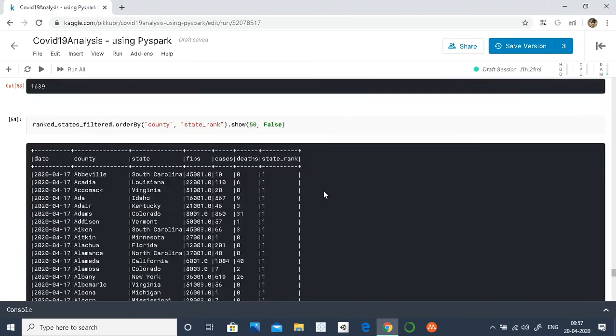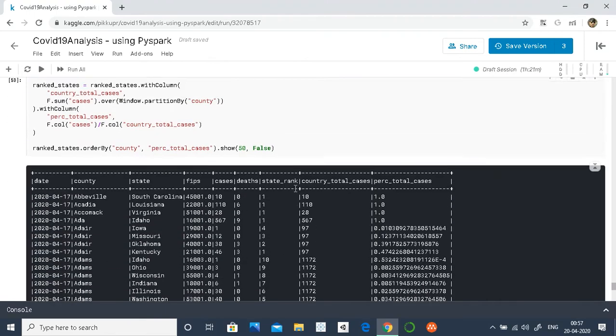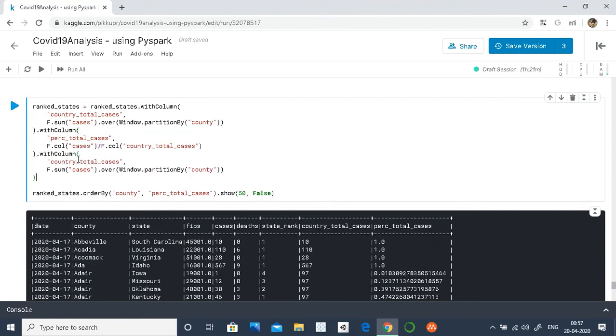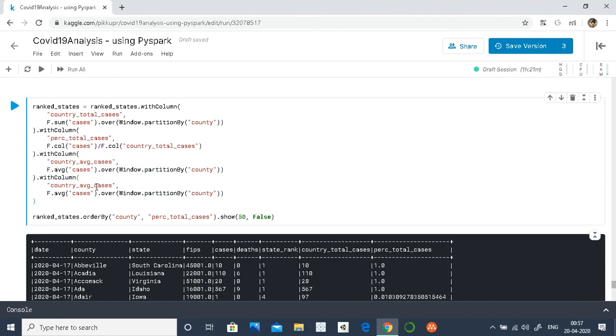Okay, and not just sum, we can calculate as many different values here. We can calculate different statistics, whichever we want. For example, instead of total cases we can also calculate average cases. So instead of sum, I will just pass the average function. And just to prove my point about how easy it is to calculate these, I will also add, let's say, max cases, and I just have to change the function.